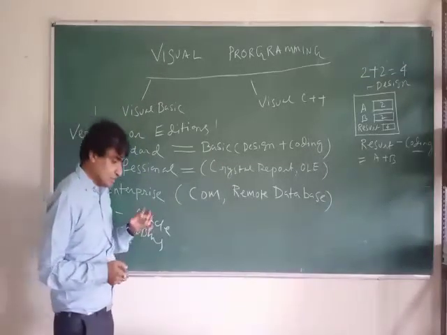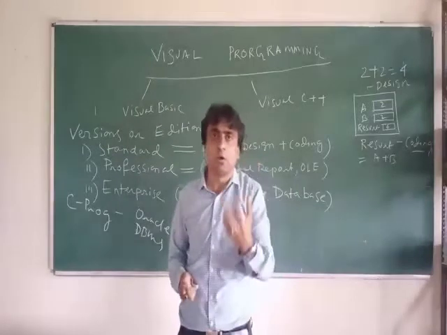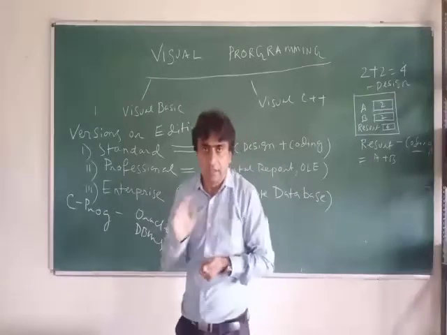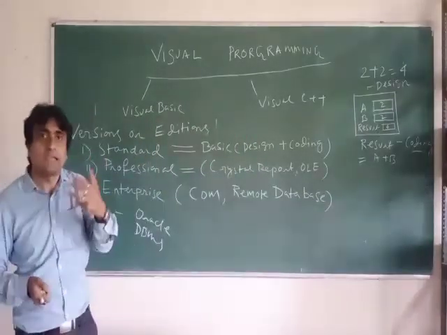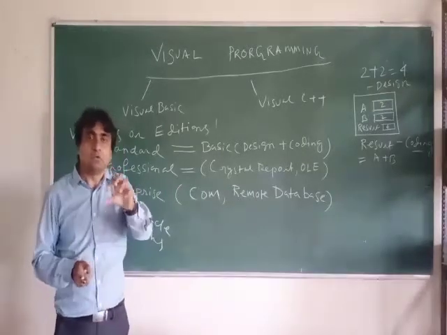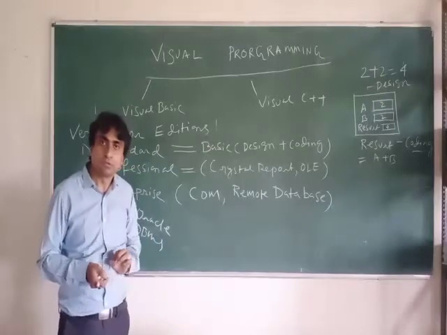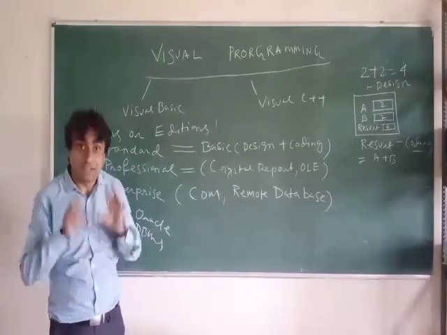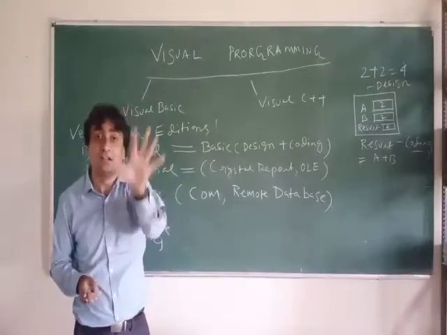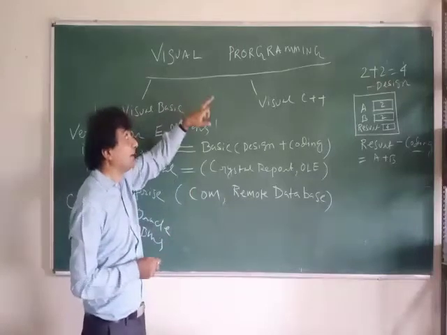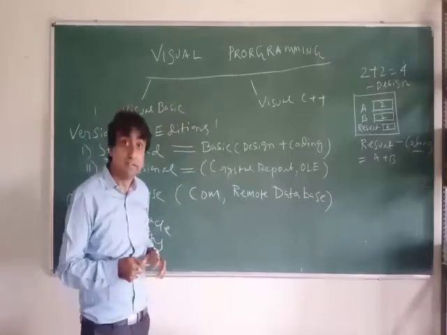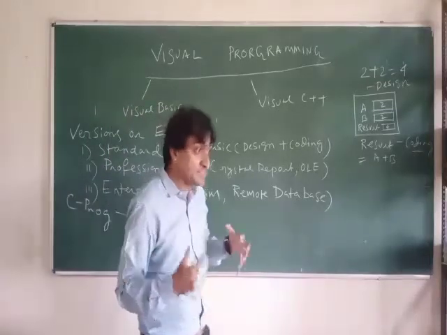See, everything is now based on GUI, graphical user interface. You are using a mobile. In mobile, icons are there. The WhatsApp icon is there, the Facebook icon is there. All those icons are visible for you. That is visual. That is GUI, graphical user interface. And why is this required? Because now everything is visual.